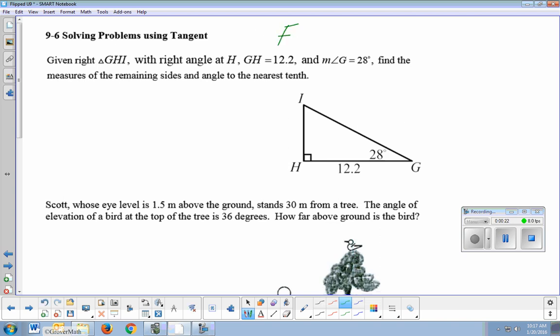kept setting up equations that were set up as the function followed by the angle equaling the ratio. And we had to determine if it was sine or cosine from a given angle's perspective, and the ratio that was created by that, typically, opposite over hypotenuse or adjacent over hypotenuse for sine and cosine. And one of those two things was an unknown variable x, and we would cross multiply. And we're going to see the same thing today, except we're going to be working primarily with the tangent